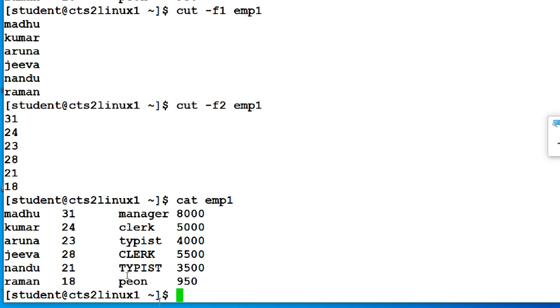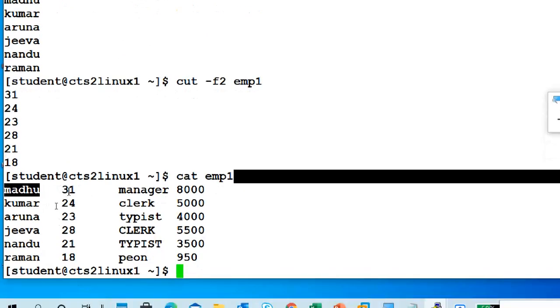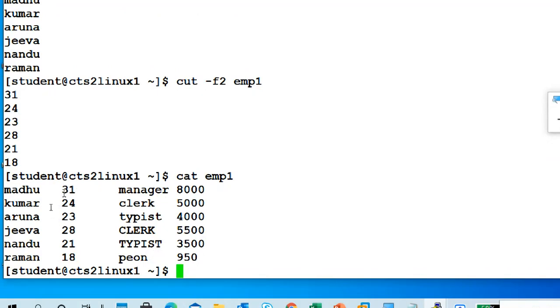Why? Because the system will understand this is a column and this is another column only if they are separated. A space is also a character, so we have to consider space as a character. The separator should be like an empty one.